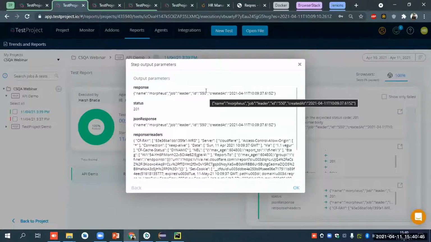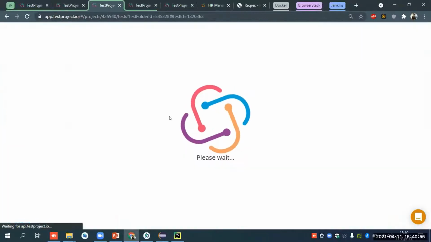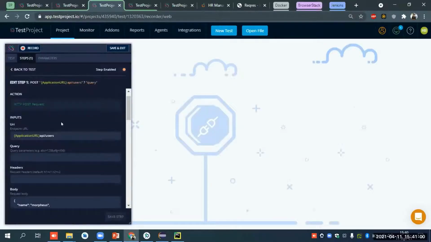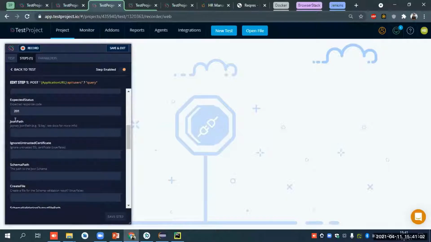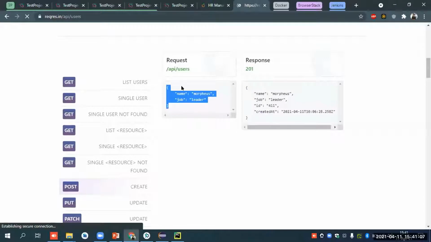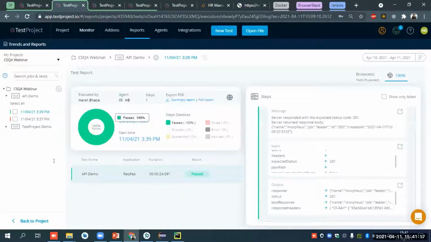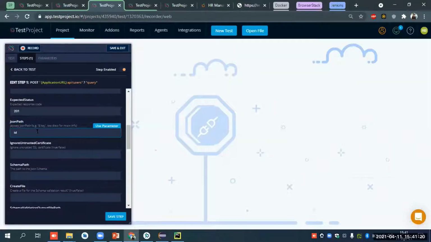So what we want to do is get this ID, and based on this ID we will want to perform something. So what will we do? We just go back to our test again. We will click on this step, and here you can see that there is one JSON path. In this case, the response we are getting is passing an ID on which the record has been created. So we want to fetch that ID. We will just mention it here that I want the ID.